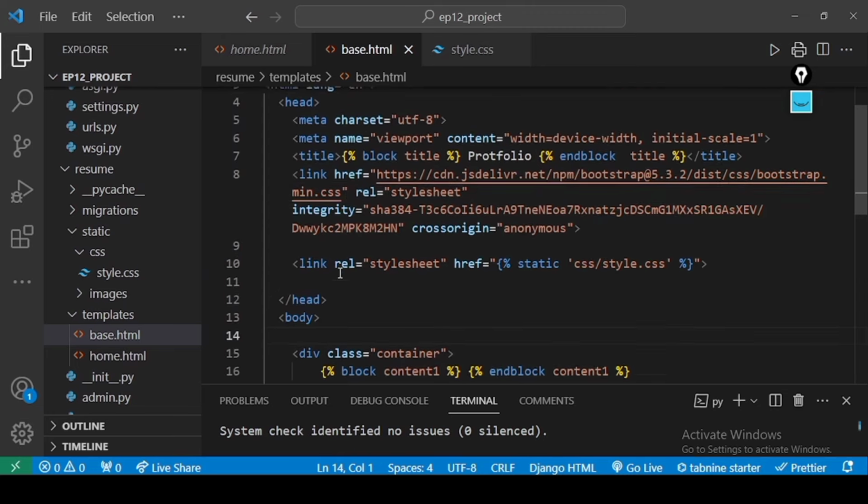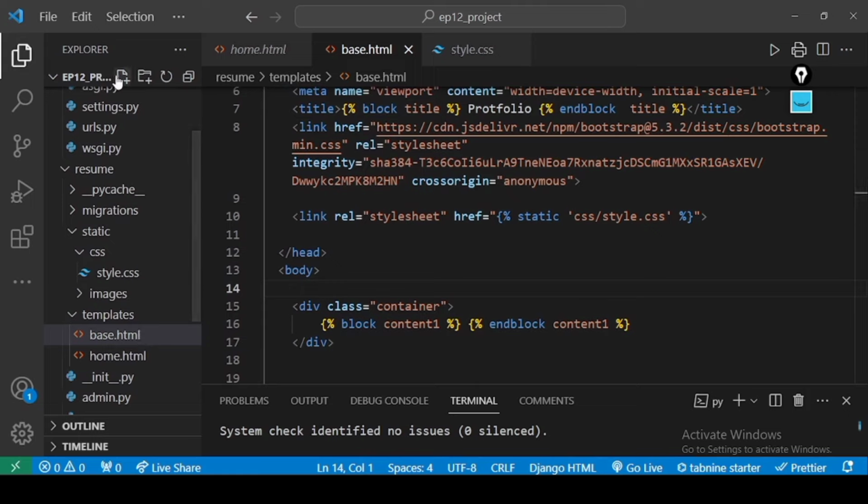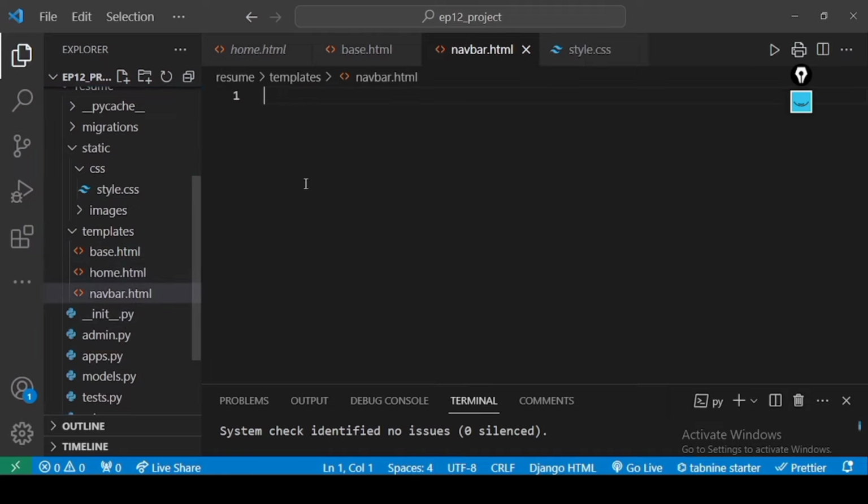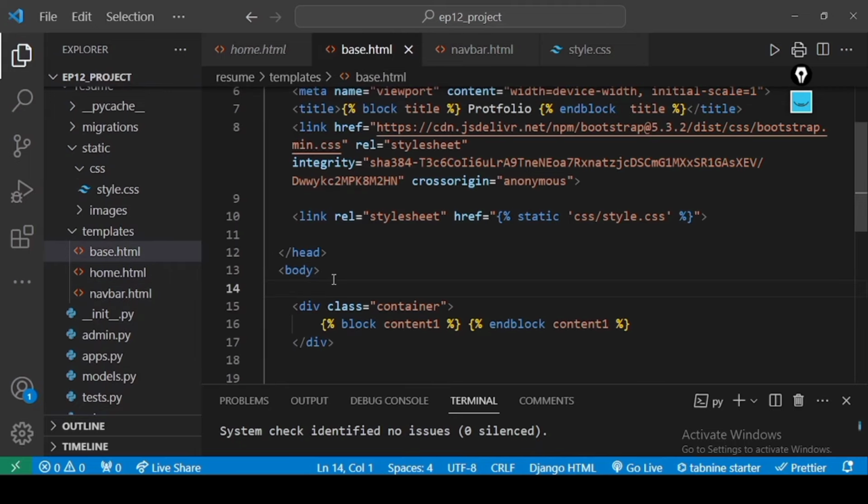But this will look very messy. It will have a lot of code. So that is why I will write one more navigation bar.html file, and I will include that over here. What I'm saying is, I have a navigation bar.html file. Kindly include that code over here. Include